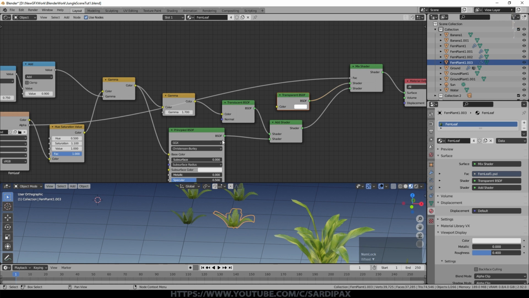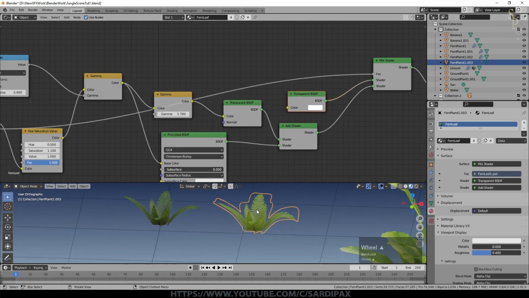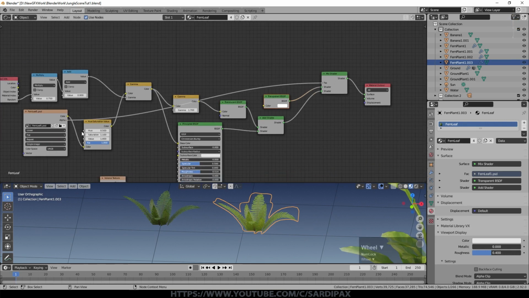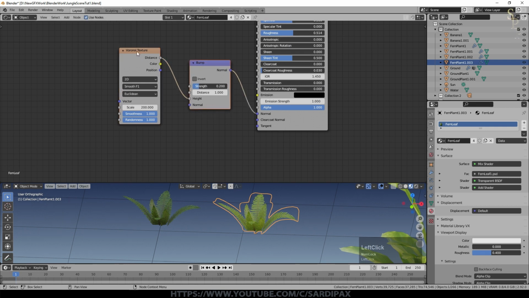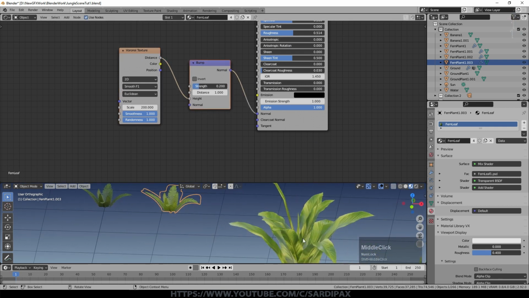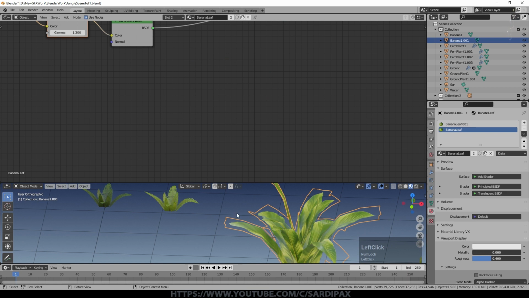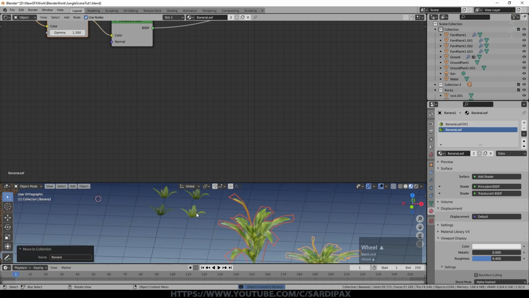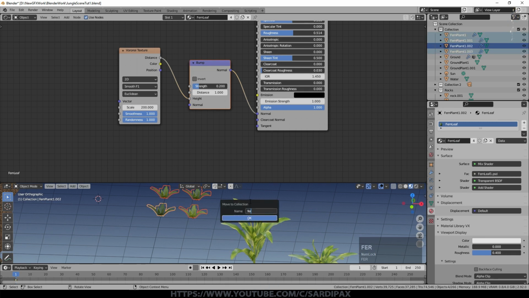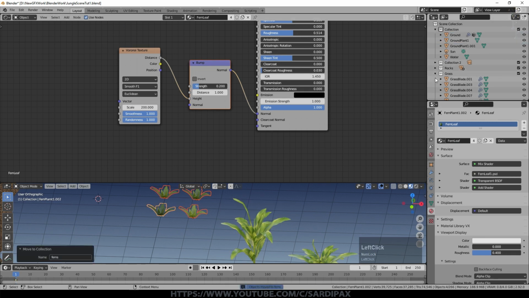And again, I'm adding in a translucent. This looks slightly more complicated because these don't actually have a translucent background, so I'm having to create a mask. And then I'm adding a little bit of surface texture with this Voronoi texture. But if you've got a translucent map, you can do it in exactly the same way as I did this one. So we'll just make a new collection with the banana plants and a new one for the ferns. And you can see it tidies things up a lot as well up here.